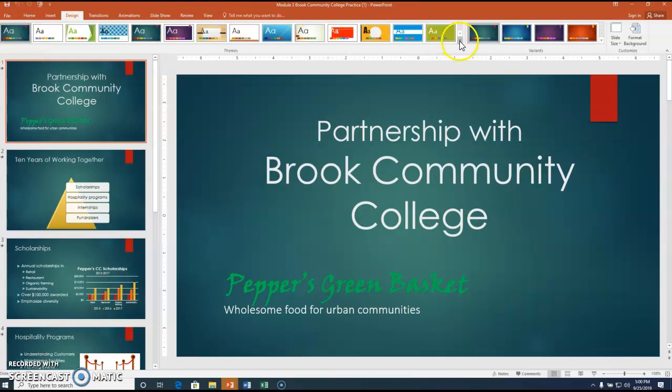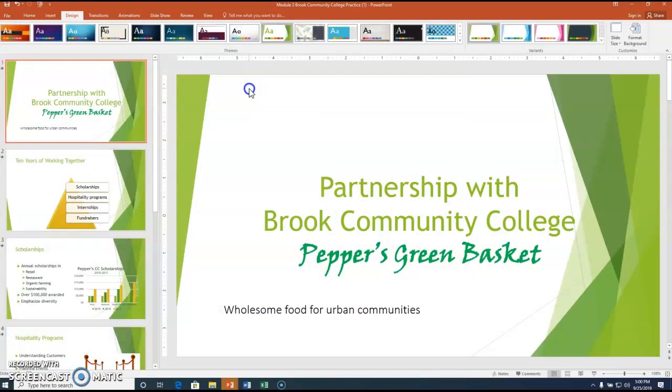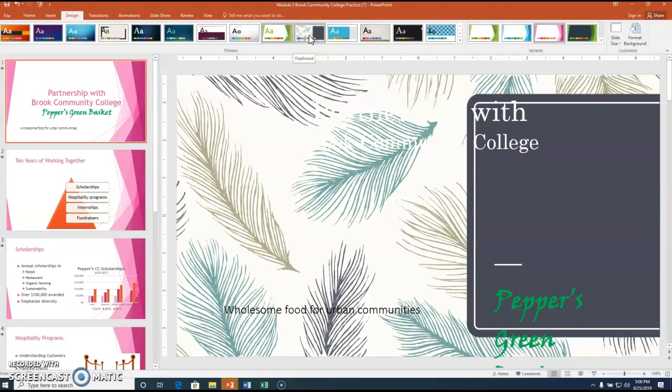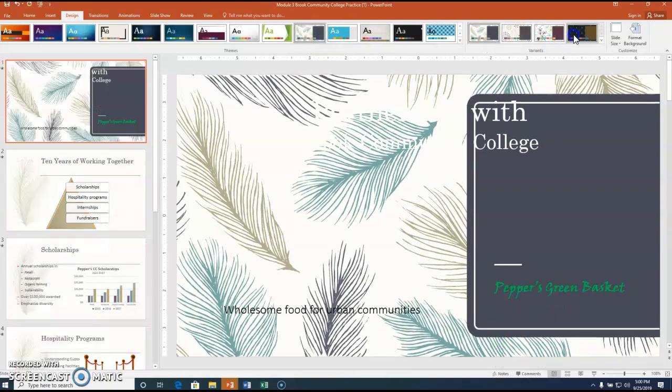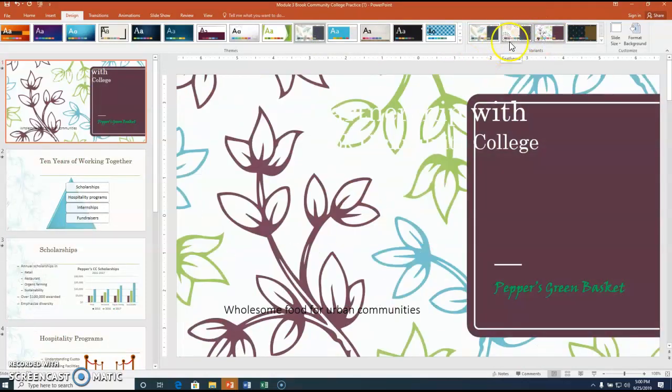If you click this little down arrow button, you have more options, and if you'd like to pick a different option, go ahead and choose. The one I just chose was called Facet. If you don't like the color, you could change the color over here in Variants. If you're not happy with that, you can choose something else. Feathered. You want flowers, you can change. Pick anything you'd like,